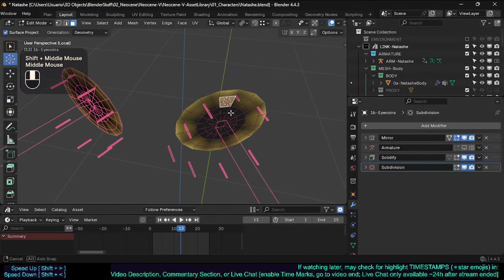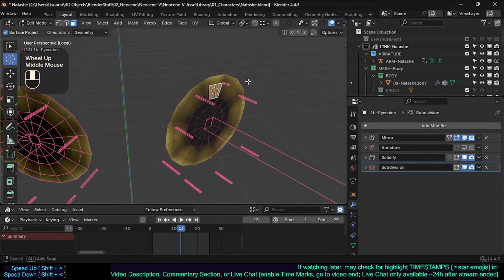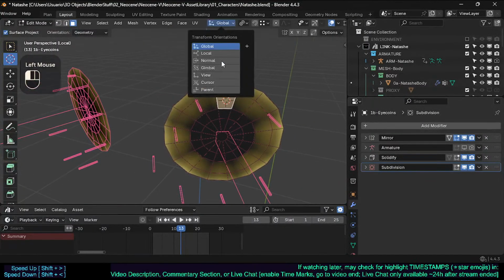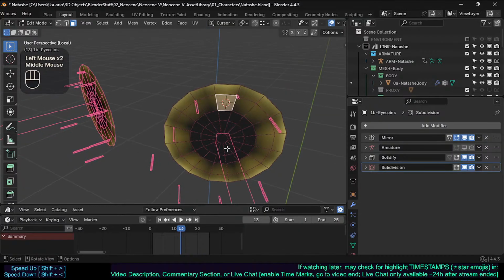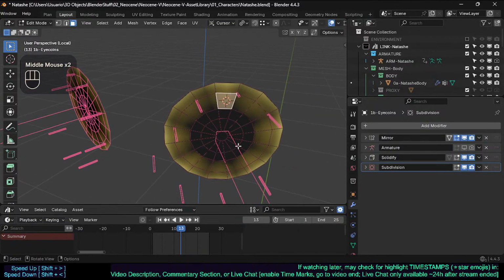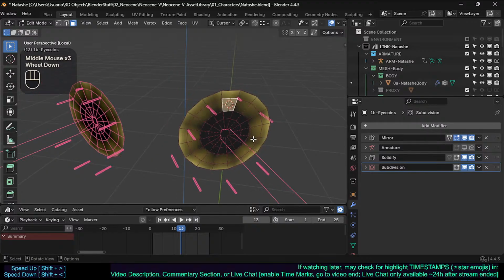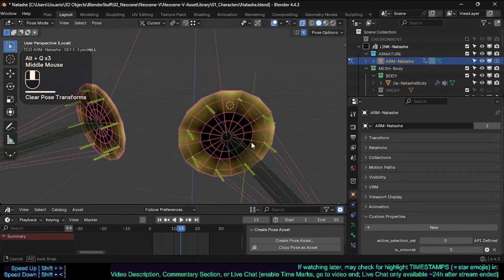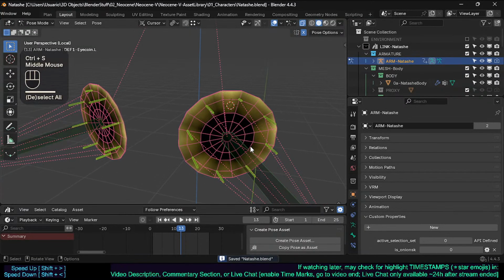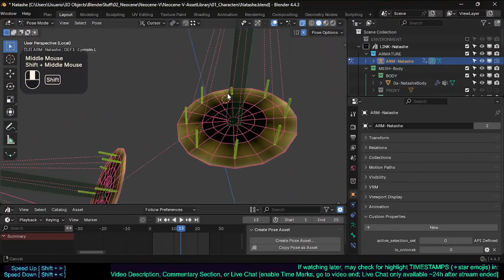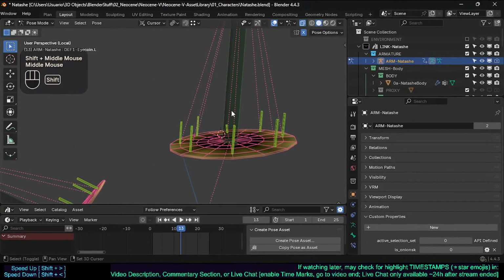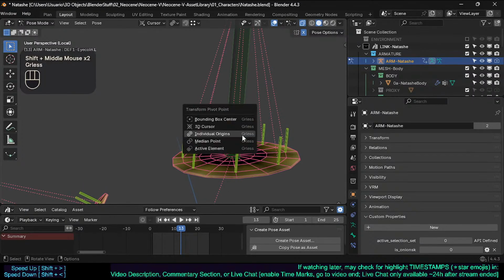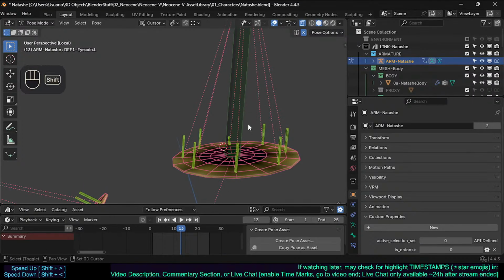Let's do this and let's use here transformer cursor transform orientation. Then we need to reset these bones. Okay, then with all them here we can... I want to align them with the normal, so it will be some sort of